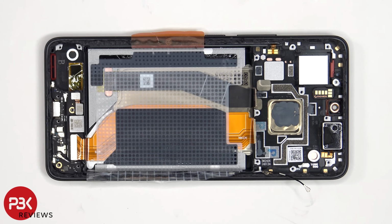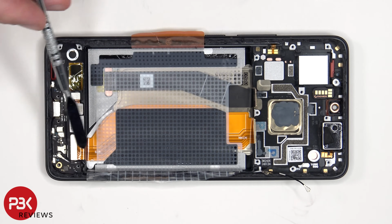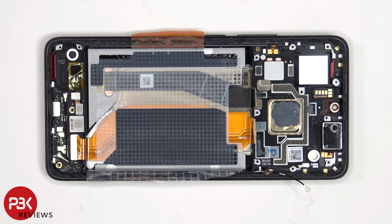Underneath the battery adhesive pouch, we can see the flex cable for the screen, which is routed through an opening in the mid-frame, as well as this flex cable which connects the main board to the subboard. So if you needed to replace the screen, you'd have to remove the back plate, the screws on the top plastic cover and the cover itself, disconnect the battery cables and the screen cable, pry off and remove the battery,